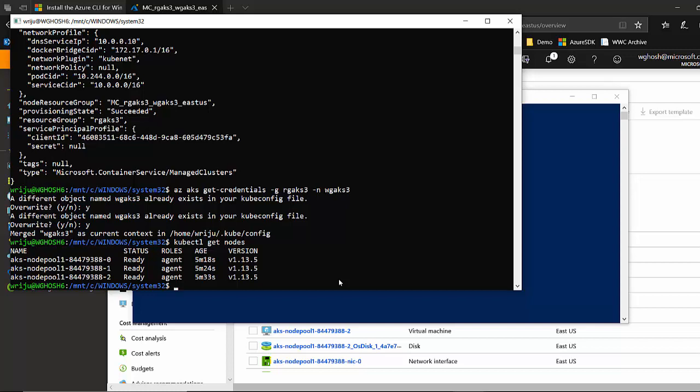Yep, everything's fine, looking fine. I can see that the age is 5 minutes 18 seconds, which identifies that it just got created a few minutes back, which is quite okay. And then you can see the version, it's running 1.13.5. That's perfectly fine. Now what I'm going to do is open the AKS dashboard,